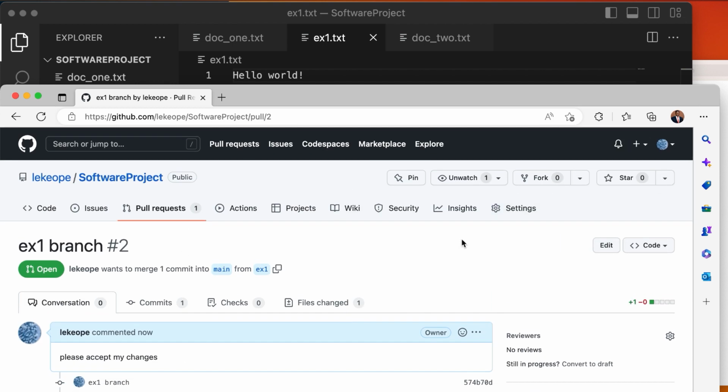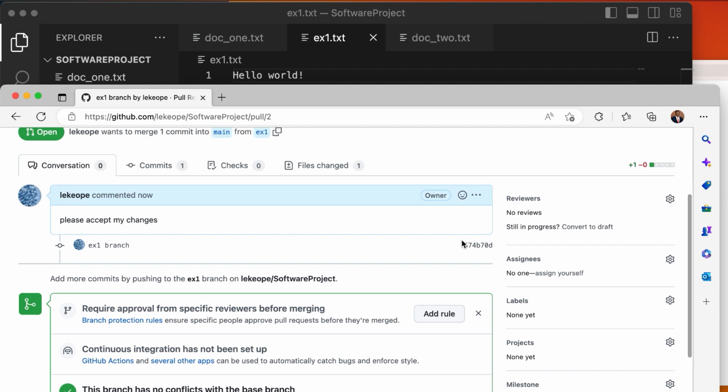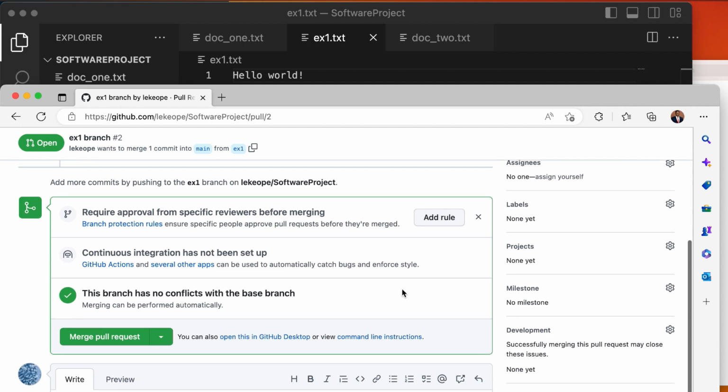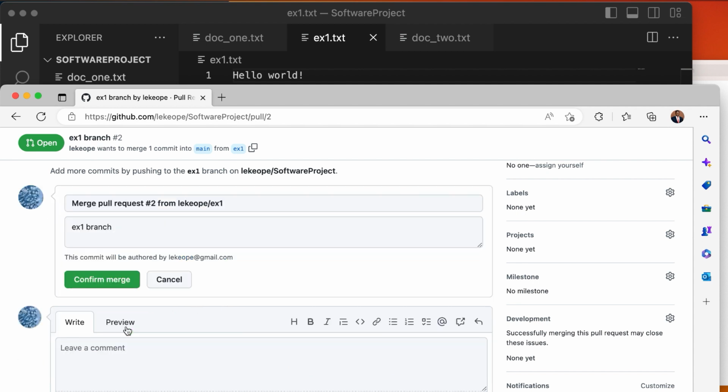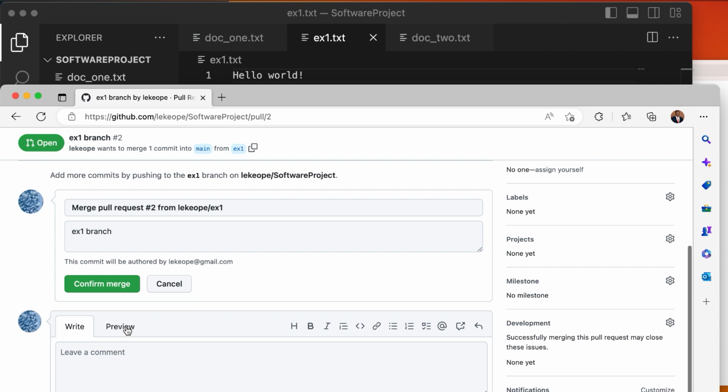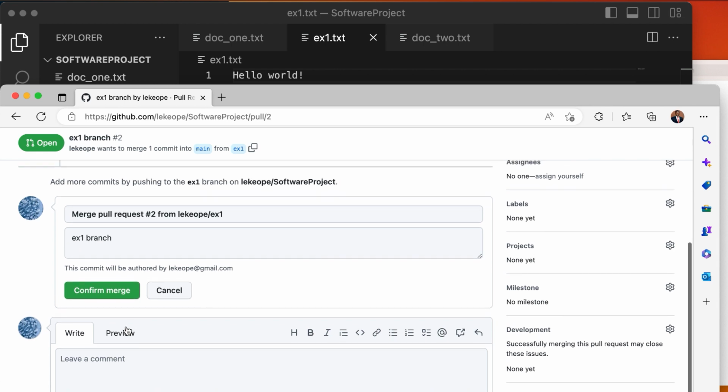Now that the pull request has been created, the owner or the person managing, because when you're working in a team, there's usually someone who's managing the main branch. When you create a pull request, your team would have set up who's managing it. That request goes to whoever is managing, and they'll get an alert to say, okay, this person made some changes and has made a request to merge his or her branch to the main branch. Now they'll have to come here and click on manage merge pull request, and they will go through